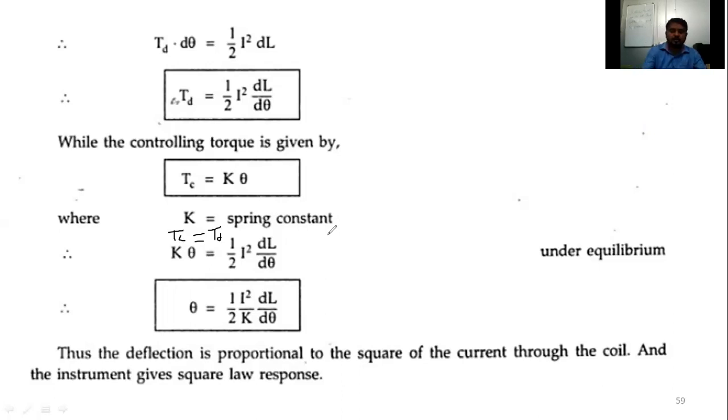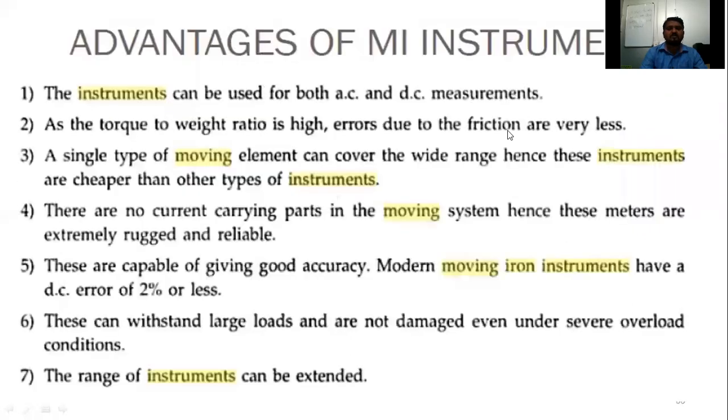Okay. So after this, the explanation of the torque equation as well as the moving iron instrument of repulsion type is complete. Now it completes the total explanation of the moving iron instruments. Now it is the time to discuss some advantages and disadvantages of moving iron instruments. After this, we will go for the examples. So some advantages it has.